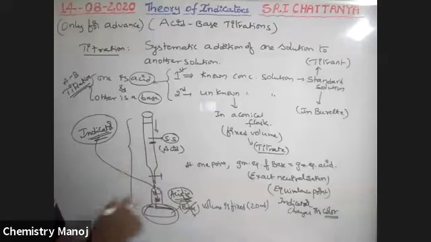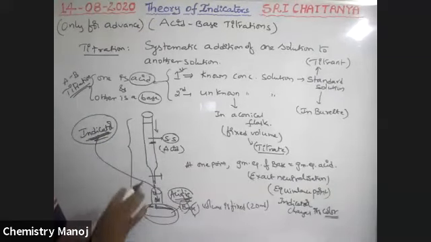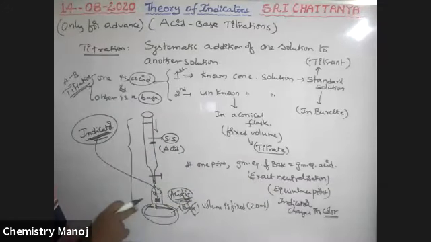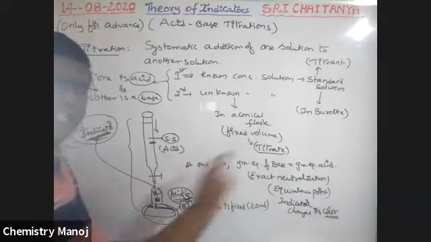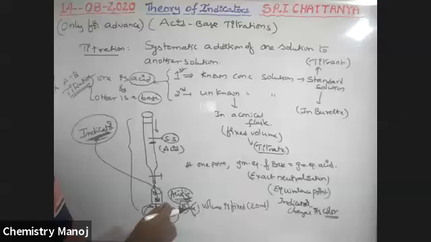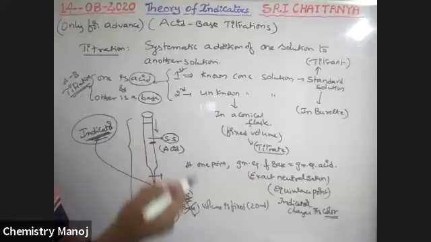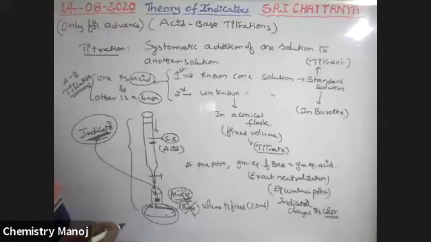So why is it called an indicator? It indicates the equivalence point where the color is changed. That one drop is extra and not the exact equivalence. Actually, before that drop, the exact equivalence takes place. This one drop creates the acidic nature in the solution, so it is extra. But compared to the total volume, this one drop is negligible. That is why we consider that an equivalence point.